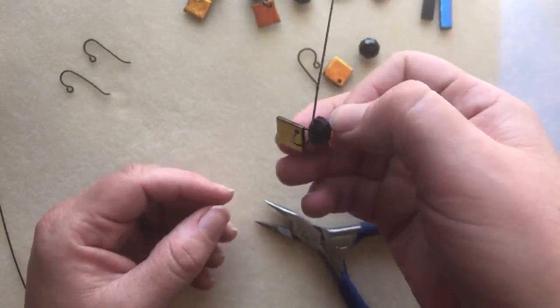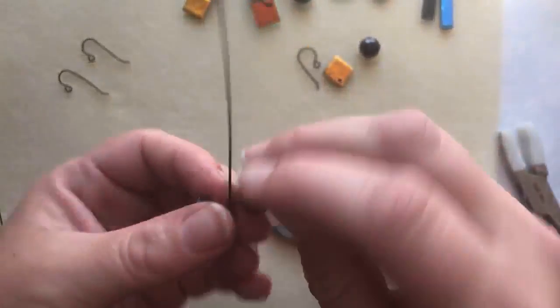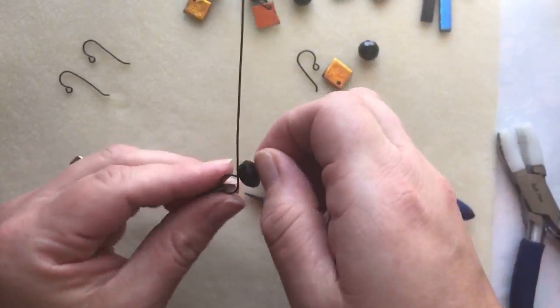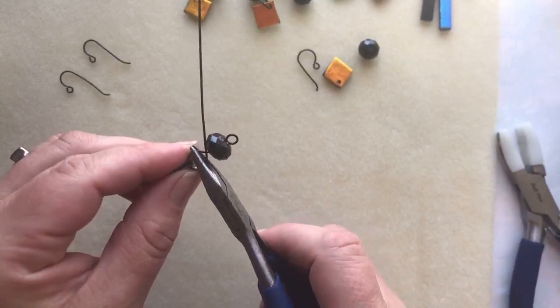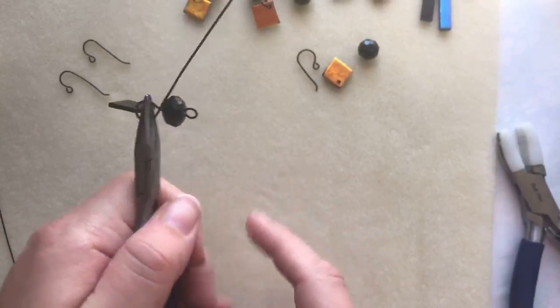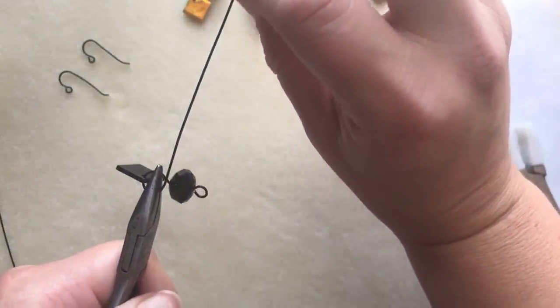And you're just going to slide on your charm or dangle, or whatever you have to put at the bottom. And then use your chain nose pliers to close that wire back up again. Now I'm going to take my chain nose pliers and grab a hold of this bottom loop like that. I'm actually going to switch hands. And then I'm going to take this extra wire